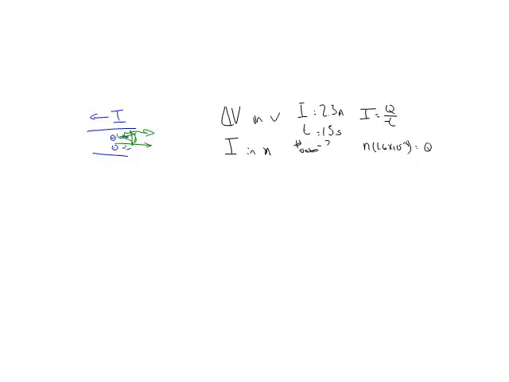So let's put this in. We got 2.3 equals Q over 15. Don't ask me to try to do math in my head, but you end up with 34.5, which is equal to Q. That's a lot of electrons. We'll plug it into this equation here. So N is going to equal